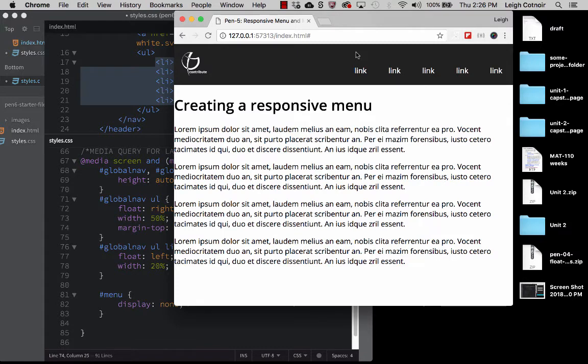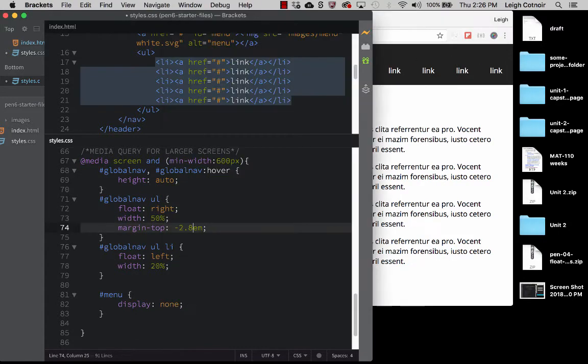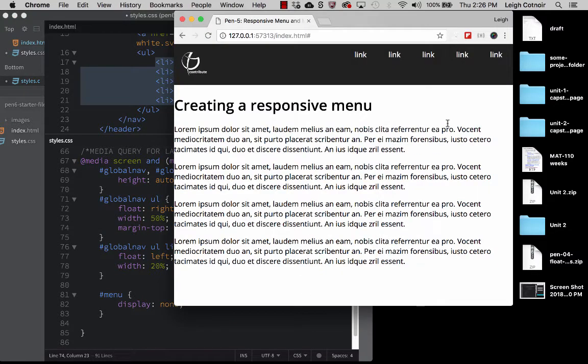You could also have it so that the link comes all the way up the top. You can see what that looks like. Let's try negative 4m, even negative 5. And so the links are up here. Sorry, so that's another option if you wanted. And you can adjust this if you want so that it's not quite so tall. All right, anyway, so that's one of the ways you can do that. And that's at 50%. Now the problem I was explaining before is that if these words aren't link, link, link,